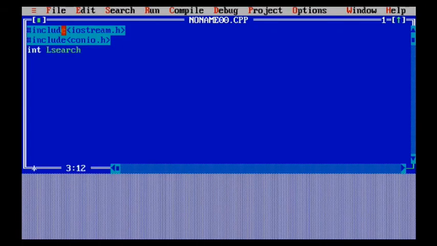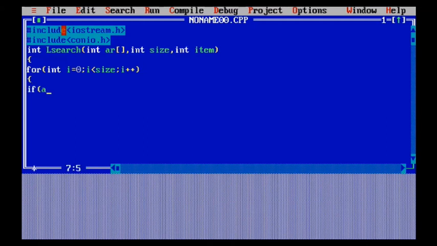So for that we are going to make a program. Here you can see I have taken a function called lsearch, in which I have given three parameters: an array, the size of the array, and the item that I want to search. You can understand this with the help of an algorithm also, so I am going to explain the algorithm side by side. First of all, we take a for loop in which we move through the array, with i equal to 0, i less than size, and incrementing the value of i.